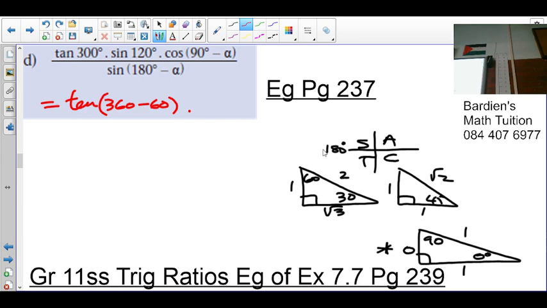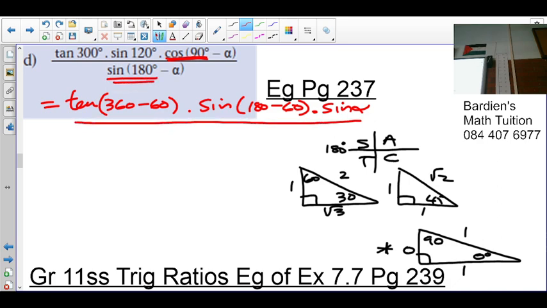Which quadrant is 120 in? Second quadrant. So I write sine 180 minus 60 times. Now 90 minus alpha, in which quadrant is that in? First quadrant. So cos positive or negative? Positive. All is positive. And 90 minus is going to change cos to? So that's sine alpha over